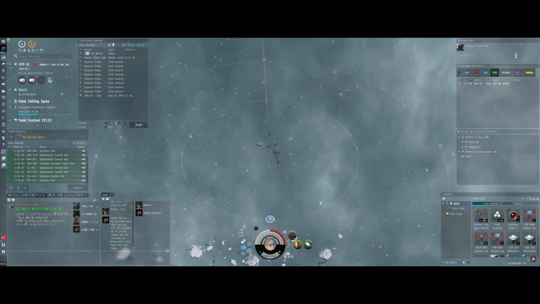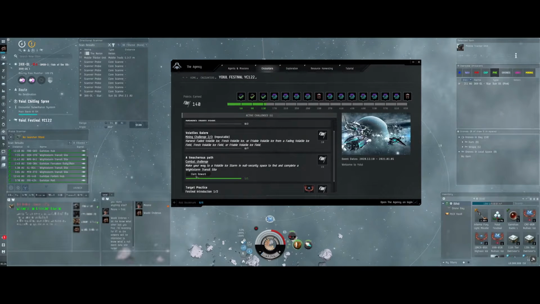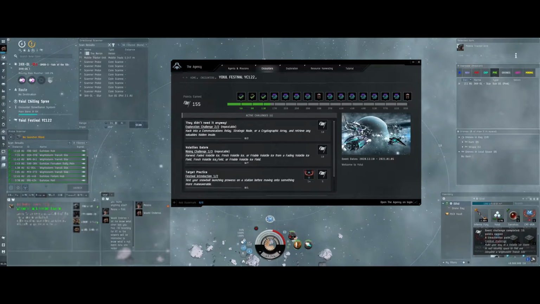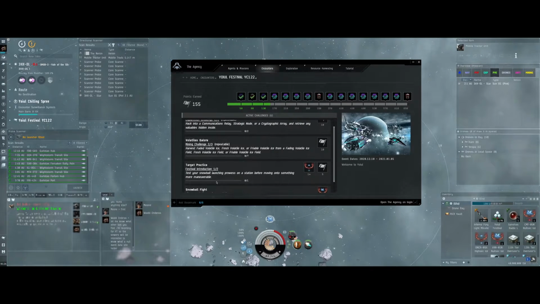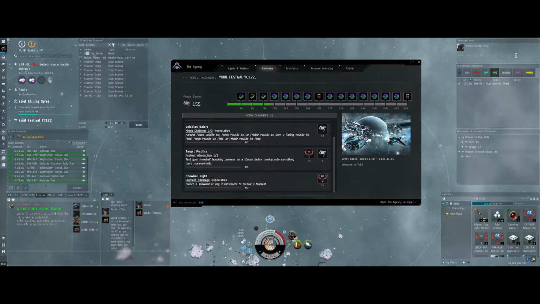And I want to complete the event. So you can just go down here. And I want to claim reward for that. Because that was the main purpose of coming down. What's the next thing? That's it. There's no more combat challenges. I'm going to have to do these if I want to...